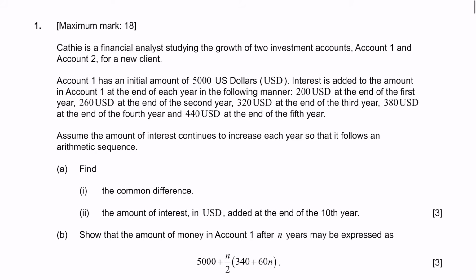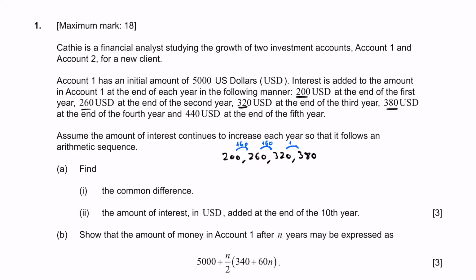So the common difference for an arithmetic sequence is the value that we need to add or subtract to go from one term to the next. So here we see term 1, term 2, term 3, term 4, and so on. And the question is, what value are we adding or subtracting to go from one term to the next? I think you can probably see this already, but I'll write these out: 260, 320, 380. And the question is, what are we adding to go from one term to the next? Well, in this case, we're adding